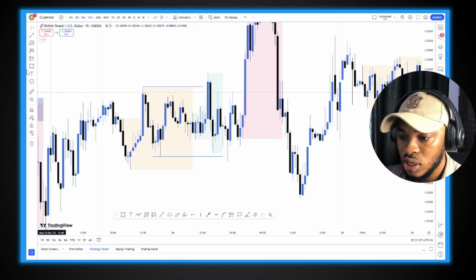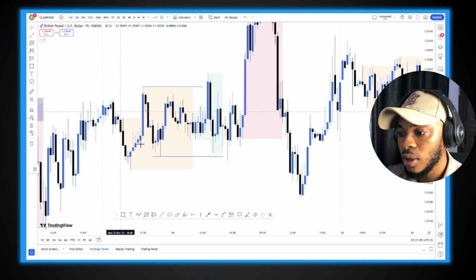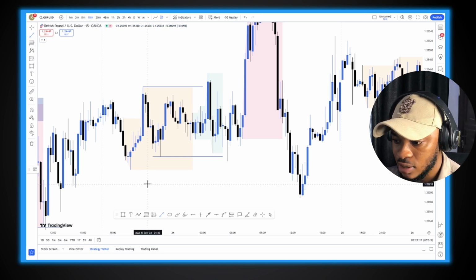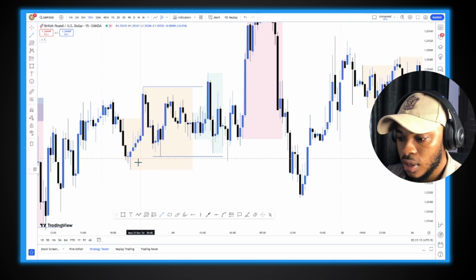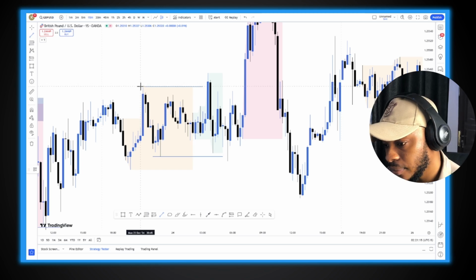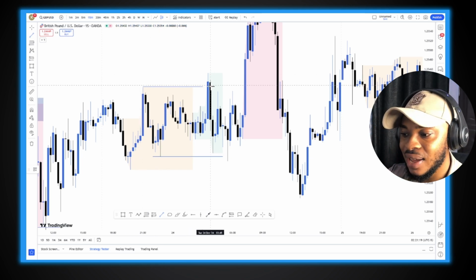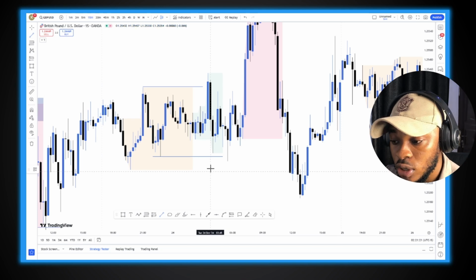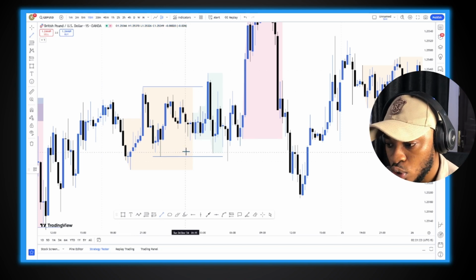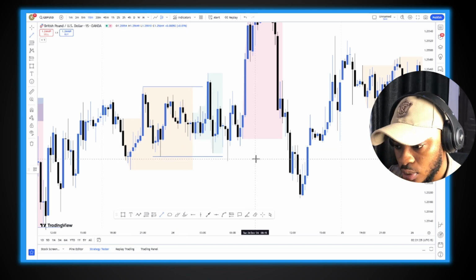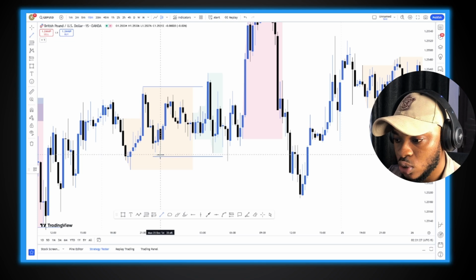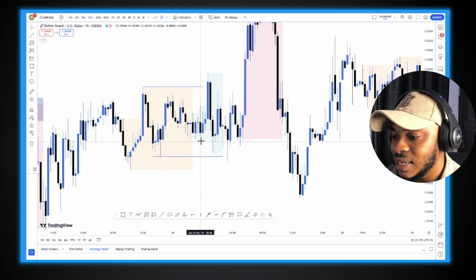So we need that change in structure before we can take it seriously. That's just the truth. So if this was the low that led to this high, and this low led to this high, did we really have that sweep during London? Did we really have that change of character during London? No, we didn't, because this is exactly where the change is going to happen. And I would have considered this one,